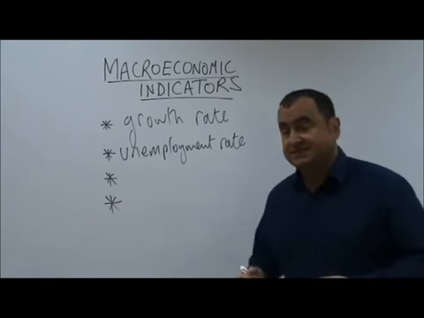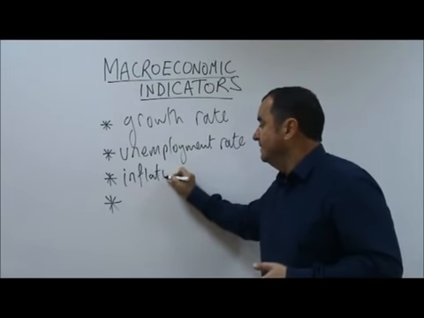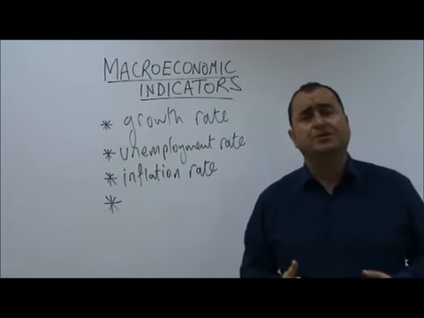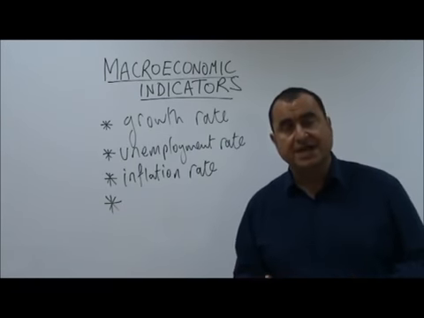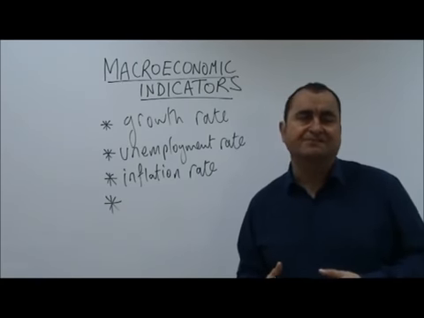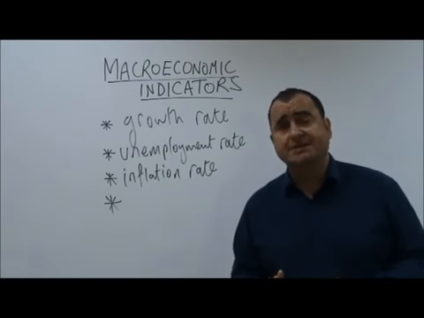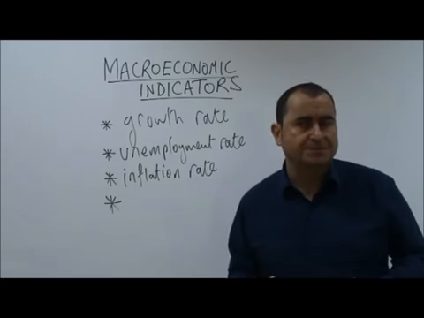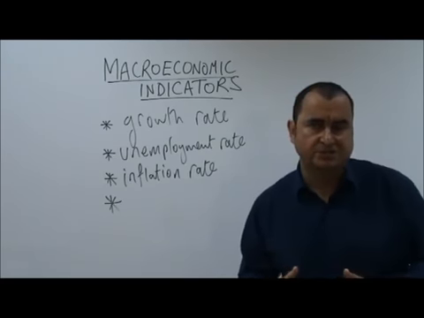A third indicator is the inflation rate. The inflation rate measures the speed at which the average price level in the economy is rising. And normally it is rising. And governments have an objective of keeping the inflation rate under control. Most governments are aiming for low levels of inflation. They're aiming for targets of about 2% because they feel that that's the healthiest state for the inflation rate in